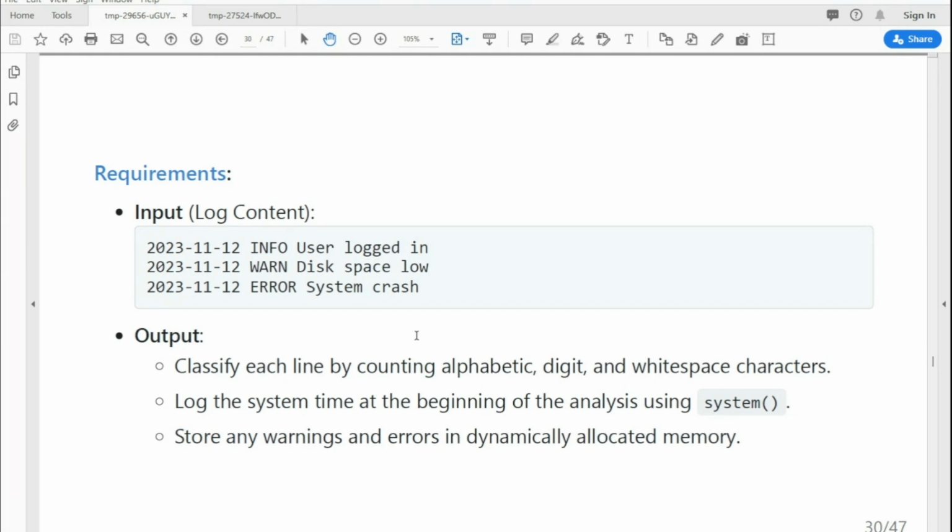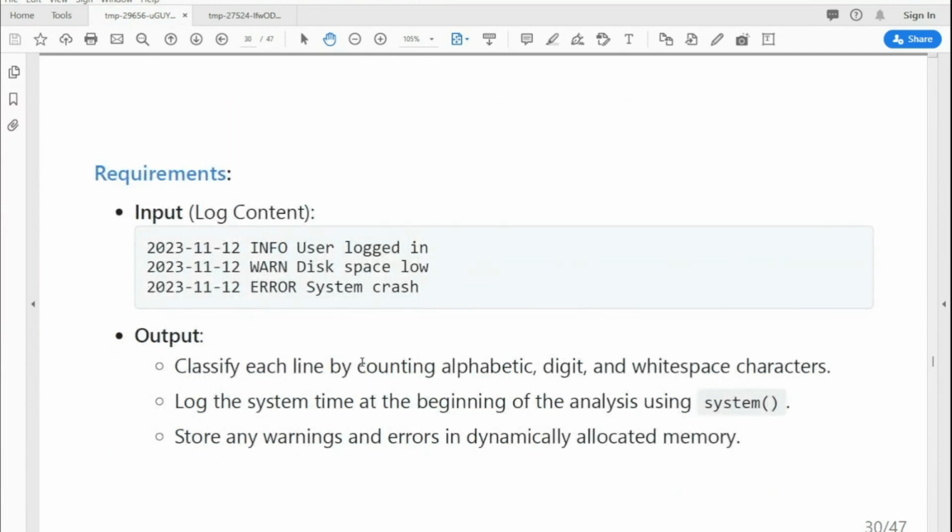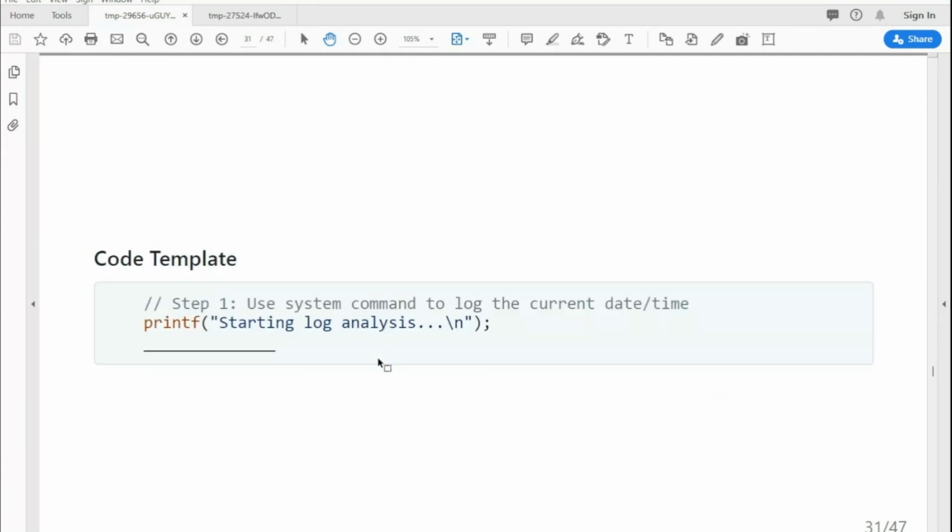As before, we are not reading this from a real file. So we're using the memory version of fgets, memory underscore fgets, to read this string in, and we're going to look at those steps one by one. The first